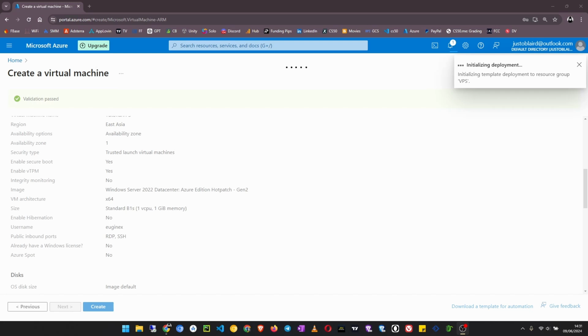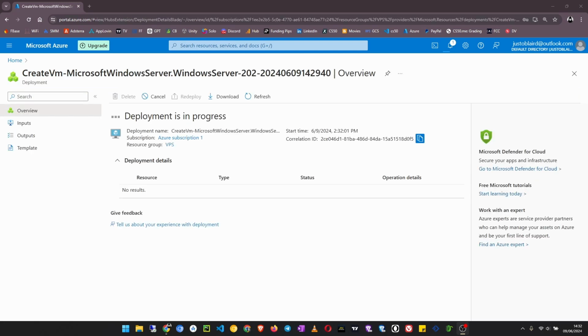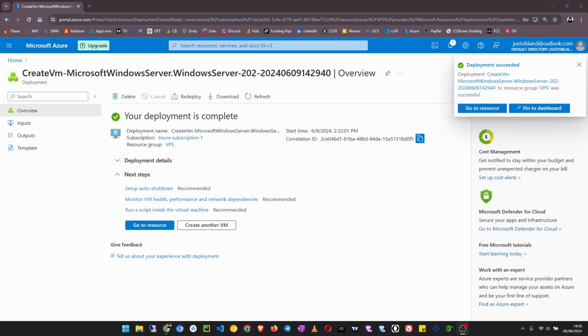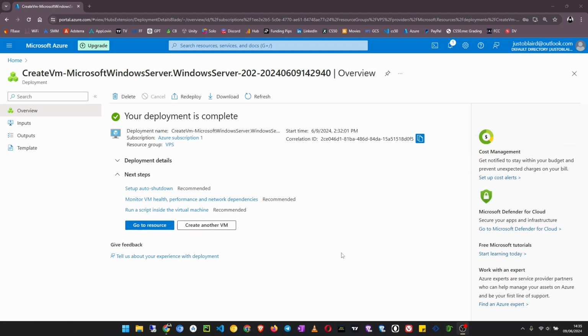This will now start initializing deployment, and this usually takes from 2 to 5 minutes to complete. Now we see deployment is in progress. And now our deployment is completed. This took around 4 minutes. So now what we'll do is go to resource,